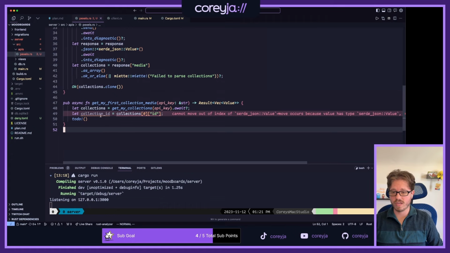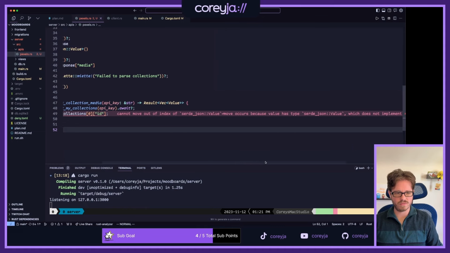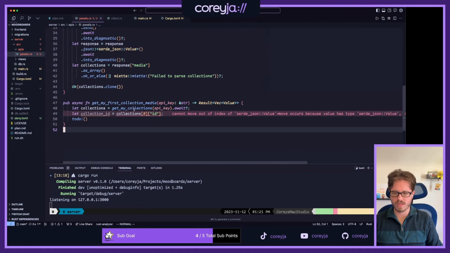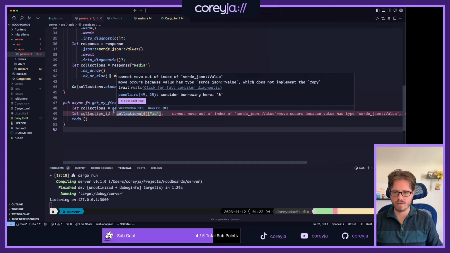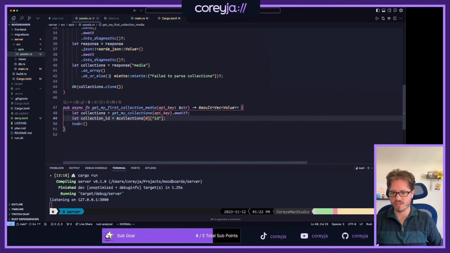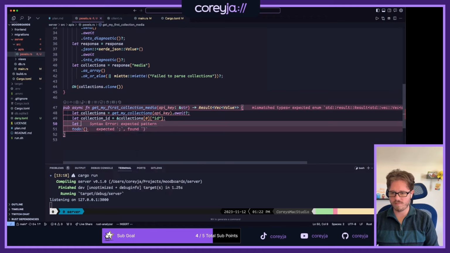Oh yeah, because nothing's typed. That is kind of what I do need to do, isn't it? Can't move out of index because value has a type which doesn't implement copy. Yeah, I just want a reference to it. I don't need to move it. That's not what I was trying to do. Perfect. Okay, so now we have a collection ID, so then let media